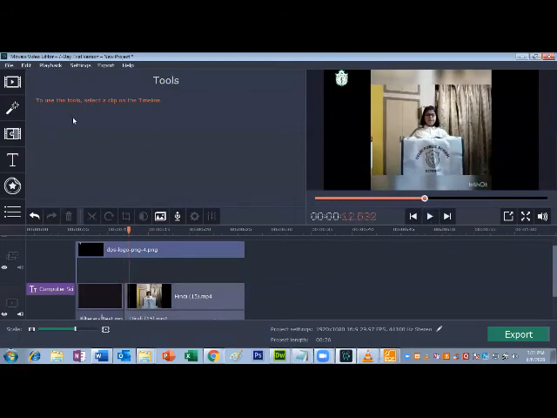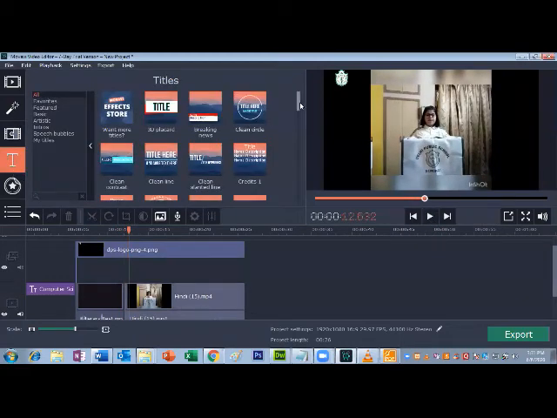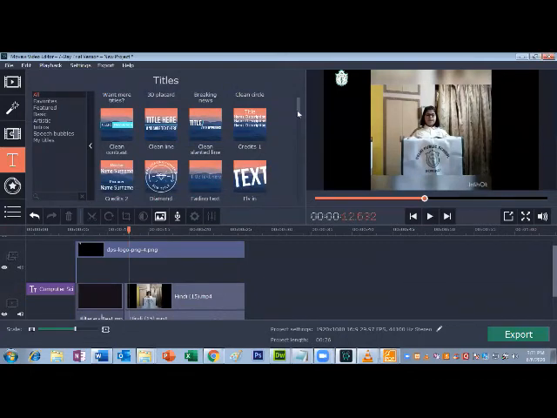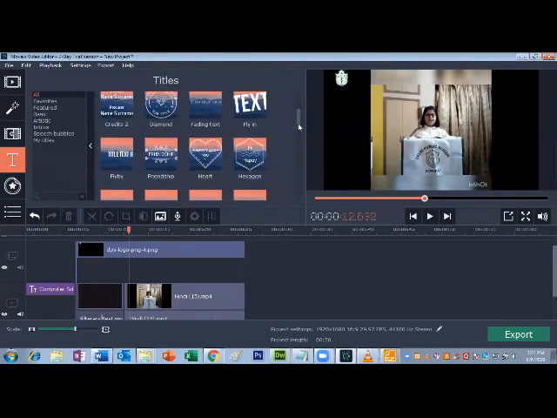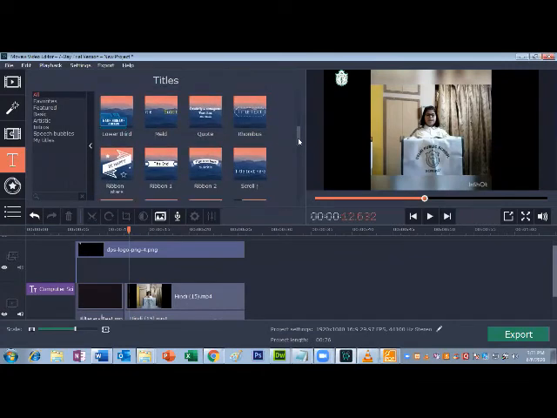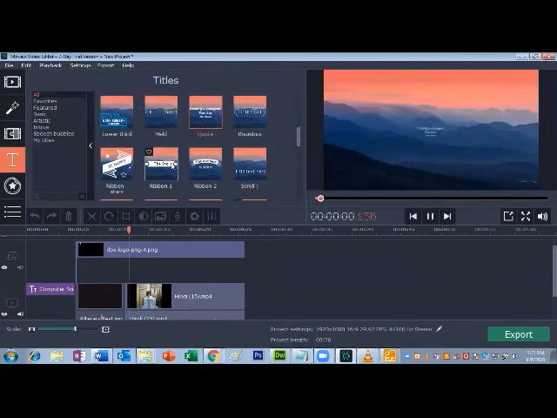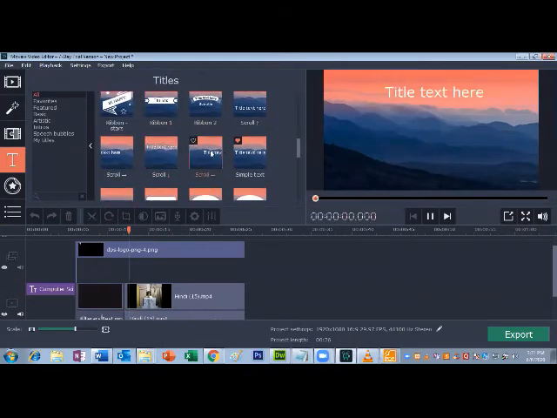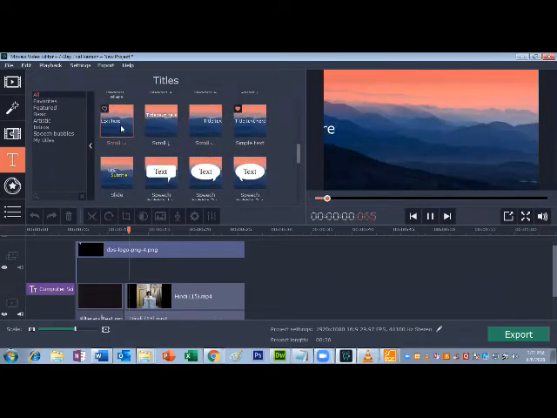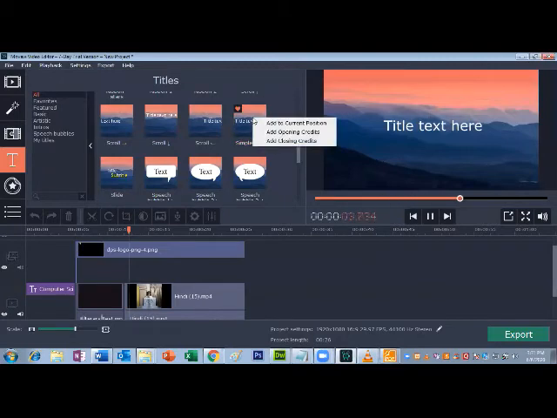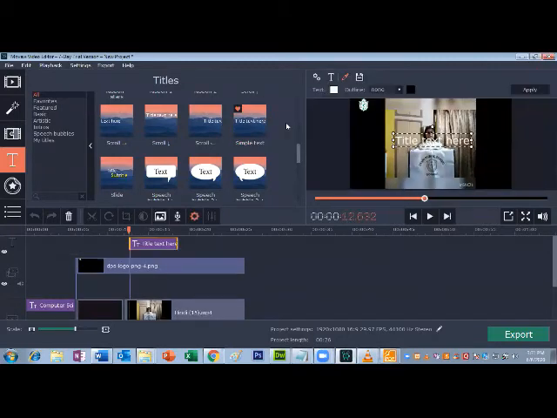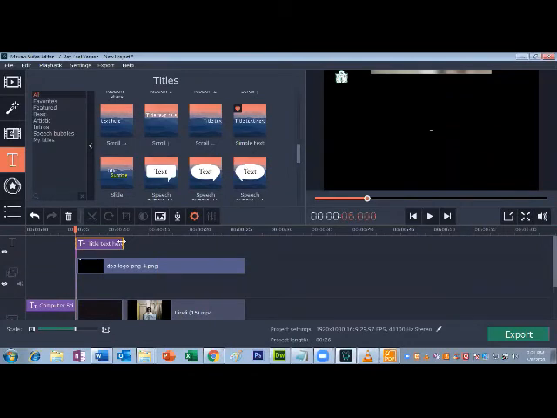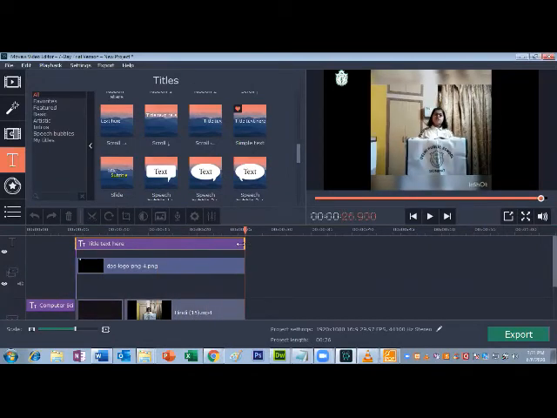So let us see how to write. So take a title, and if you want to write something which is constantly there, we don't need any animated title, we need a simple one which should only be fixed over there. Once it is there, it is fixed, so we have to check that from the title templates. This is the fixed one. So right click here. Now it will automatically add it to the new layer.